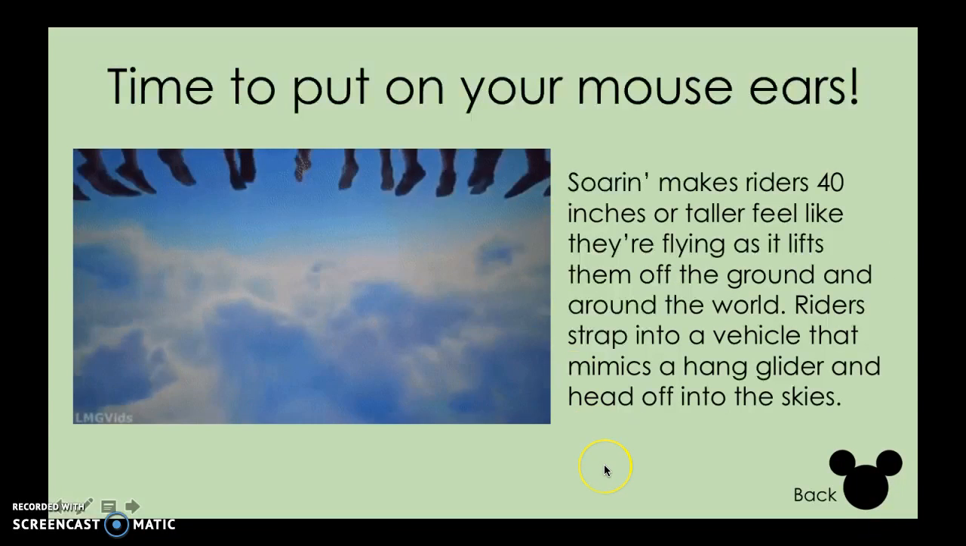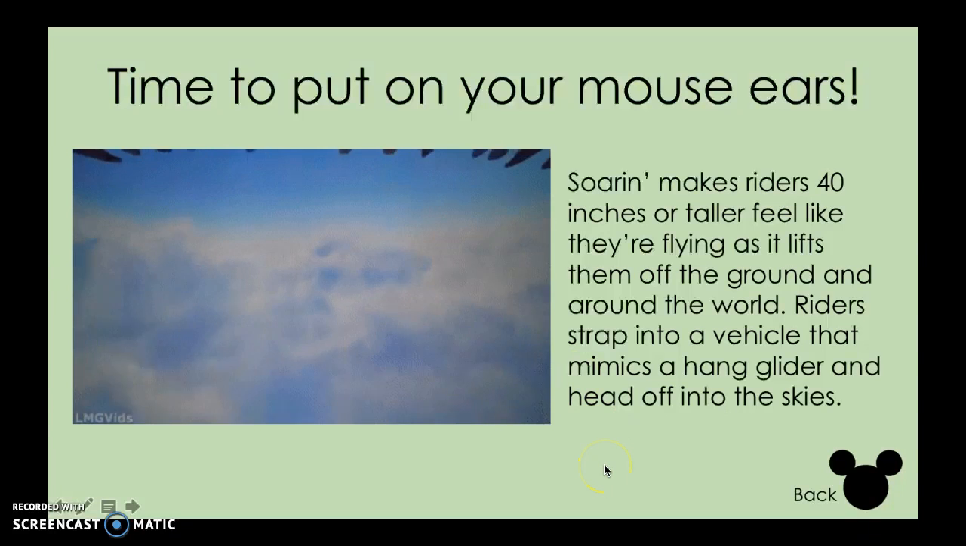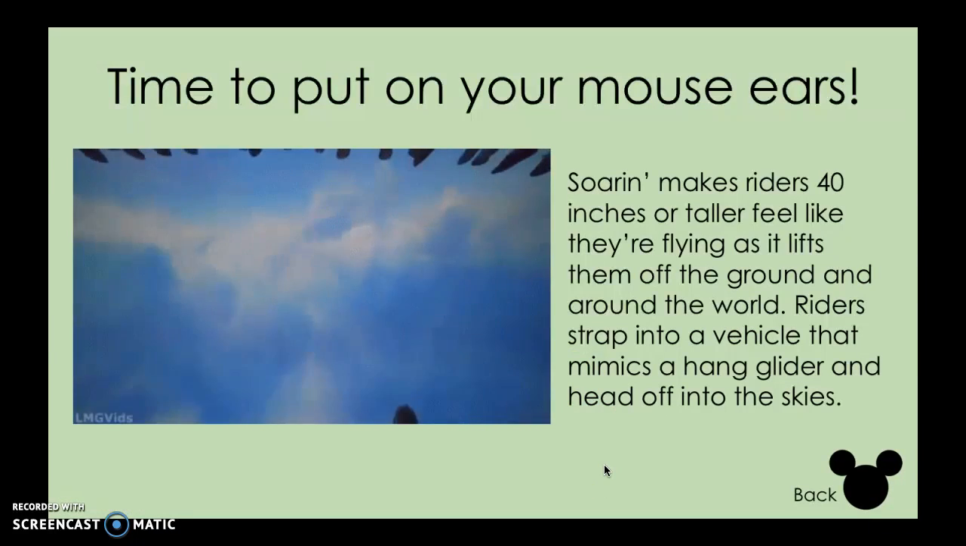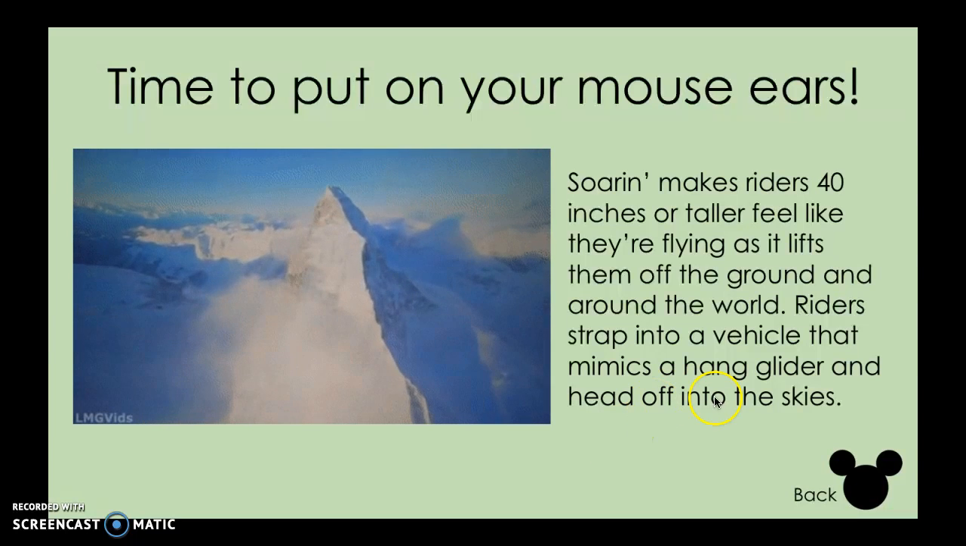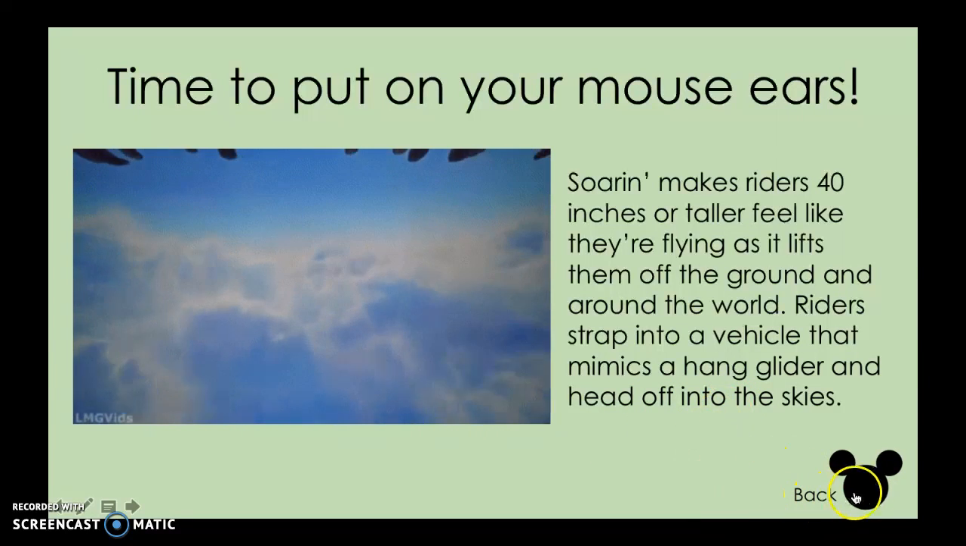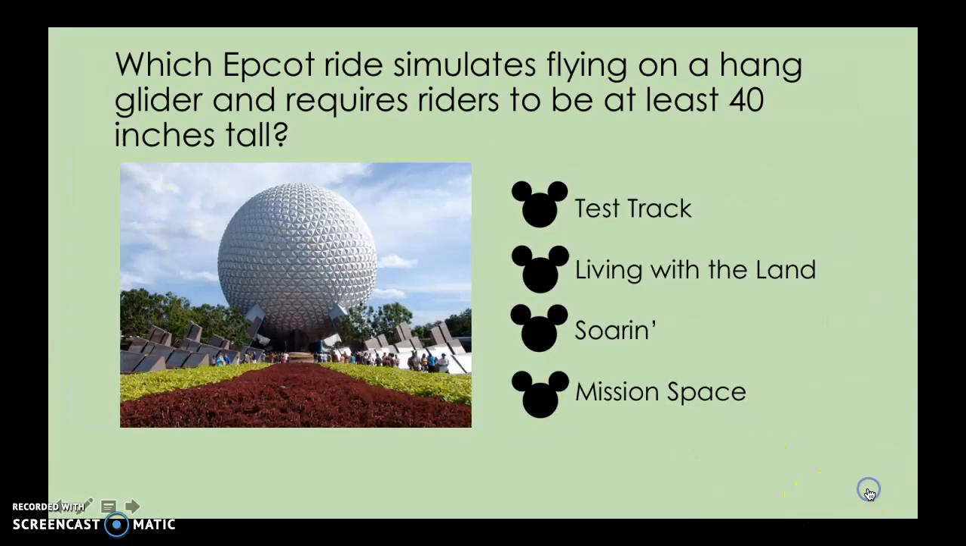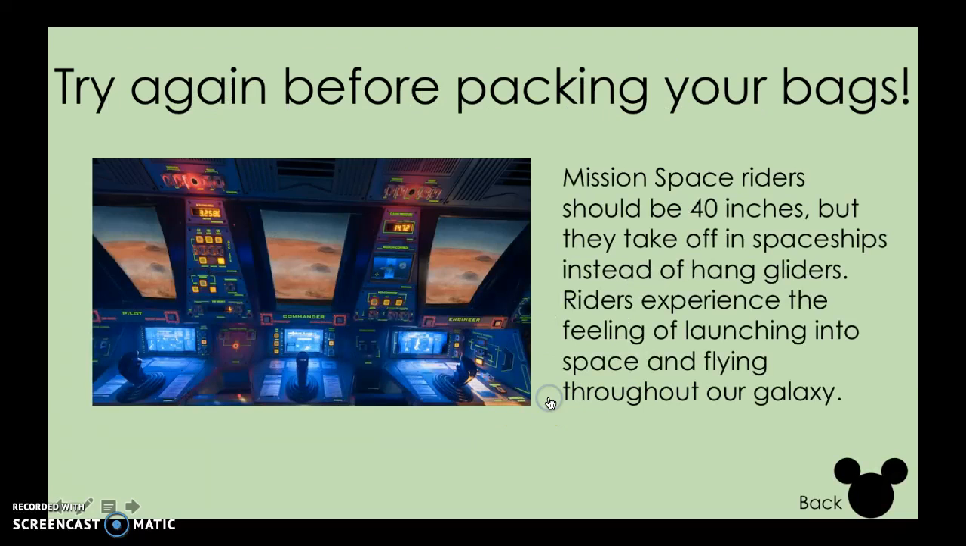If Soarin' is selected, it says time to put on your mouse ears because that is the correct answer. Soarin' is in fact a hang glider ride and users must be 40 inches tall or taller. Going back, if you were to select Mission Space, you would be taken to the screen which says try again